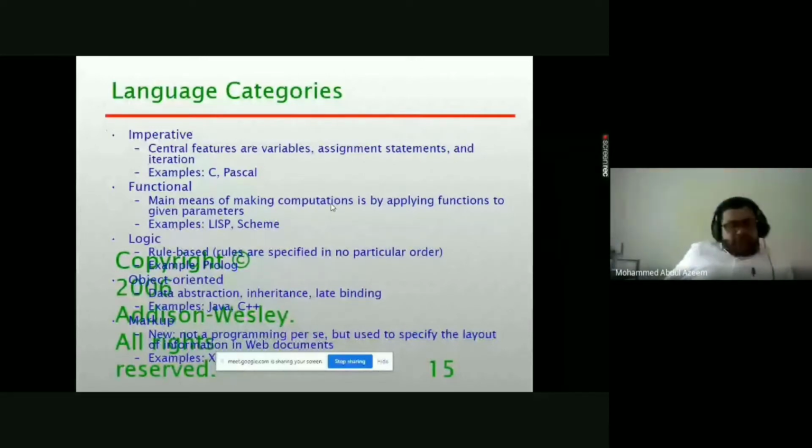The visual languages category comes with Visual Basic or Visual C++, of course, it's no more now, with drag and drop features and all that, right? Then the logical programming language. A logical programming language is an example of a rule-based language, right? So you are going to specify the rules, based on the rules,